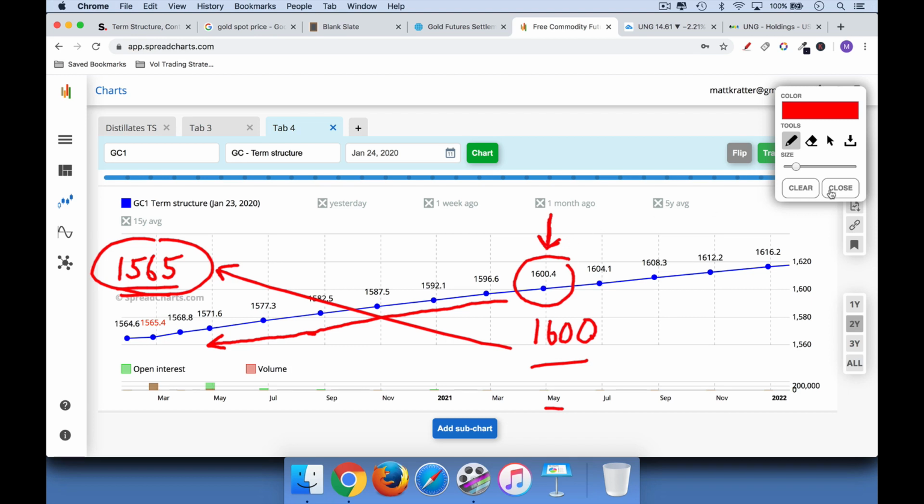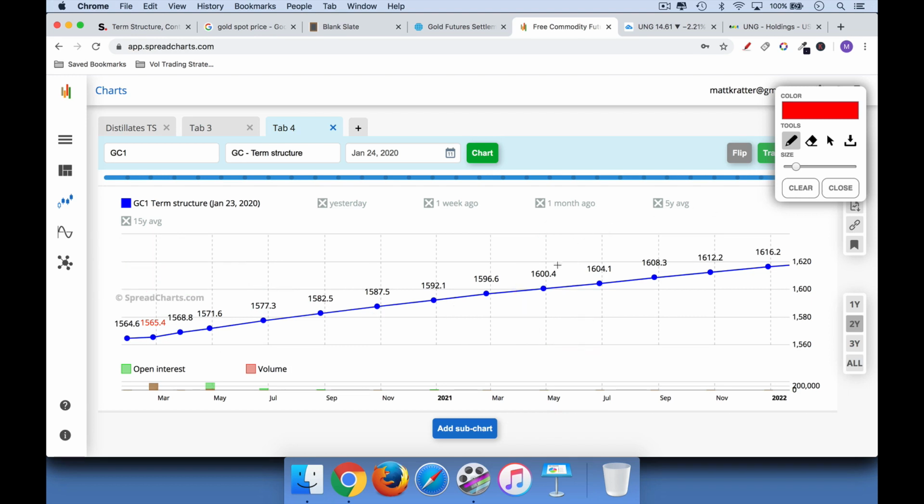Now again, if the market is correct, if the futures market is pricing in gold at 1,600, and it turns out when we actually get to May of 2021 that gold is trading at 1,600, well, we won't have made any money. We would have entered at 1,600, and we'd exit right before expiration at 1,600. And so again, you have to have a variant perception.